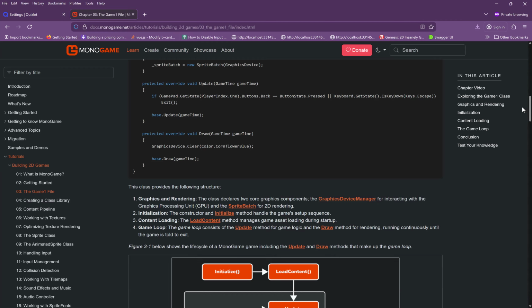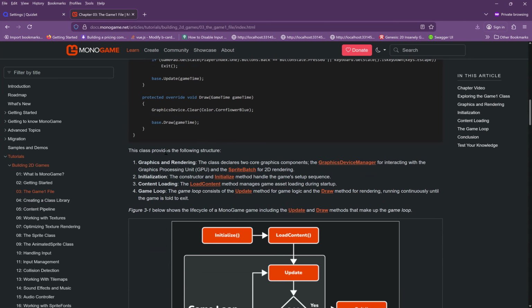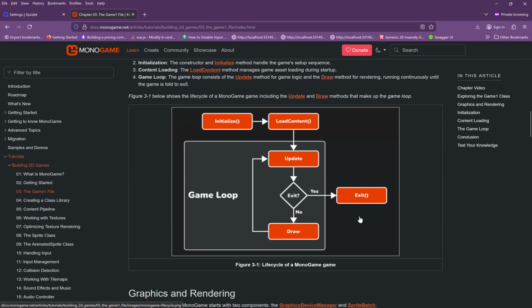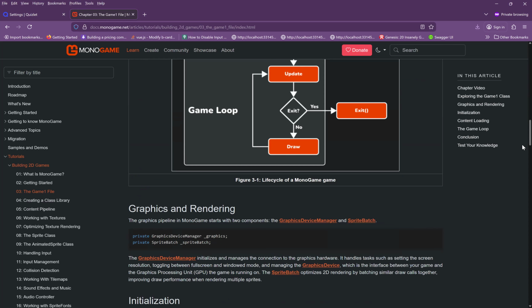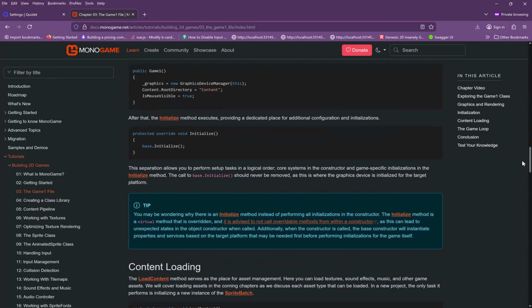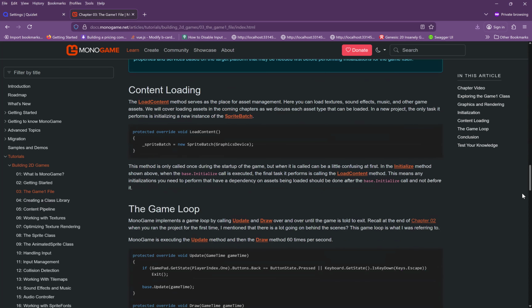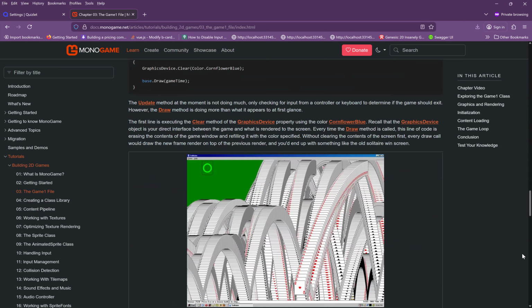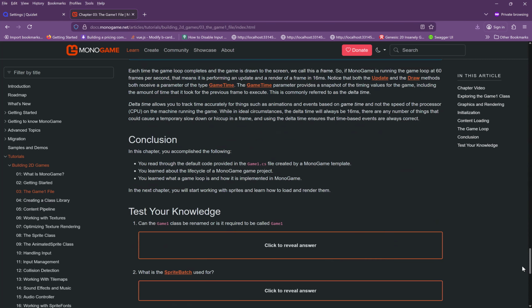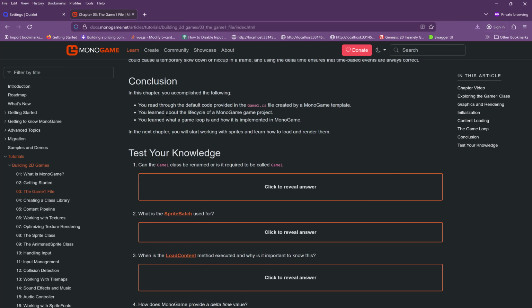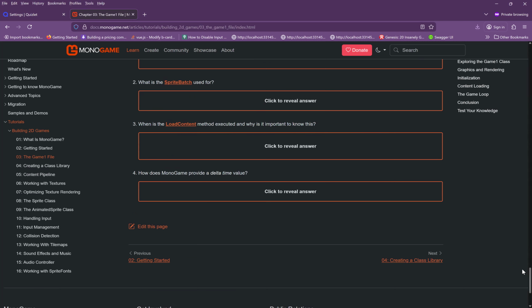So you've got the code. There is a description of the code structure. There are some helpful diagrams to show the process of how a Monogame project executes or runs. And, again, as you look through, there's a lot of text and a lot of explanation, right? Really good stuff here. If you want to learn Monogame, I'd really recommend it. And then at the end, there's a conclusion which goes through an overview of what you did, and then some knowledge questions, some review questions. Okay, so